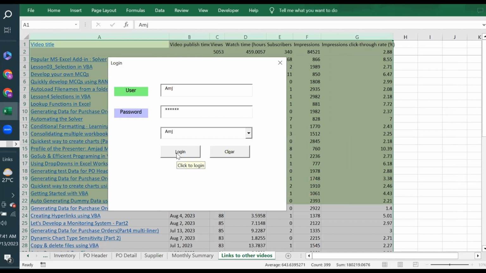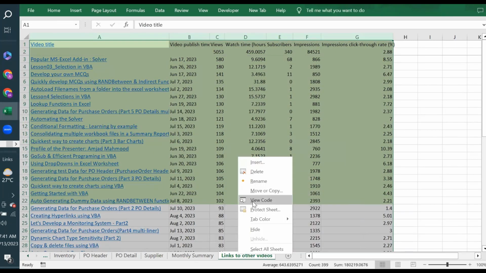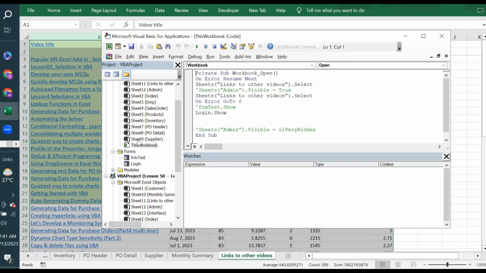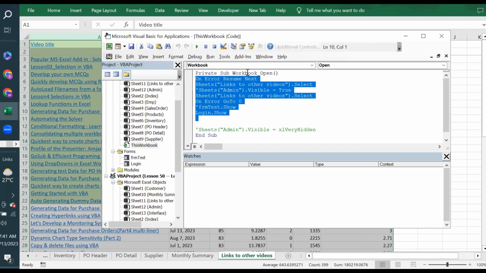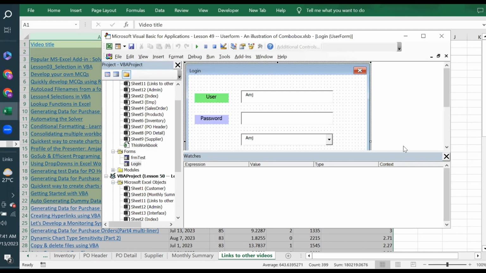So let's go to the viewport, and this is where we write the code that executes whenever the workbook is open. So it showed the login prompt, and you logged in, and the user is logged in and can do the next. And now one question might arise: how did we do this password thing,